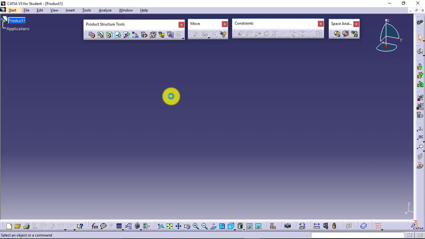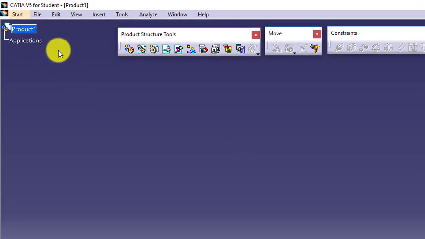Click on this. Now in this particular case you will not be getting the new part interface because that is specifically for the parts, not for the assembly. So it will not ask you the name of the part over here. Then on the left hand side you have the feature tree, history tree. Now I will call it the assembly tree.